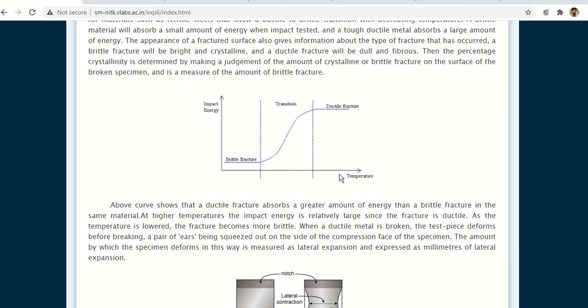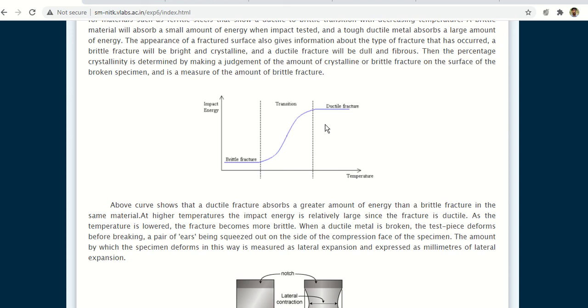One interesting thing to note in this test is that for a brittle fracture, the impact energy will be low. For a ductile fracture, the impact energy will be high. We have tested two specimens, cast iron and mild steel, where cast iron is more brittle and mild steel is a more ductile material. You can see from any trial that the readings of mild steel will be higher than those of cast iron. That's one good observation you can make from this test.